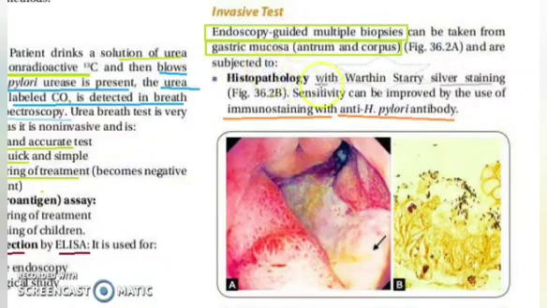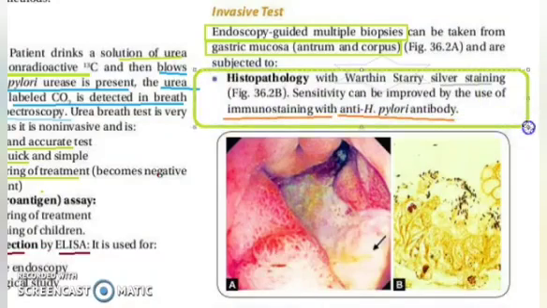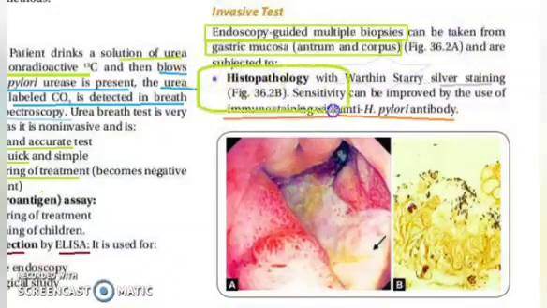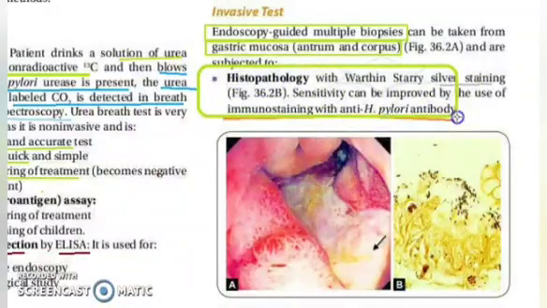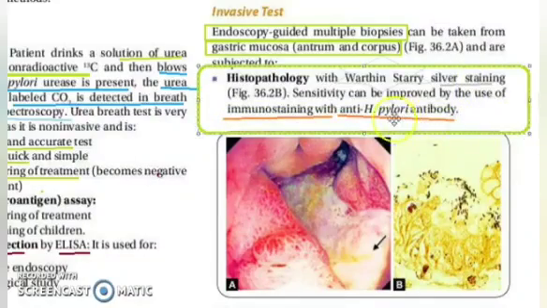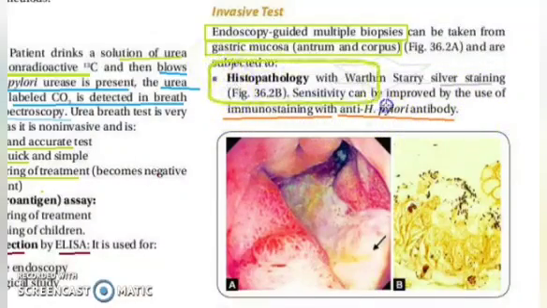From those areas you will take the biopsy and then subject it to histopathological examination with Warthin-Starry silver staining. You will use silver staining, okay,